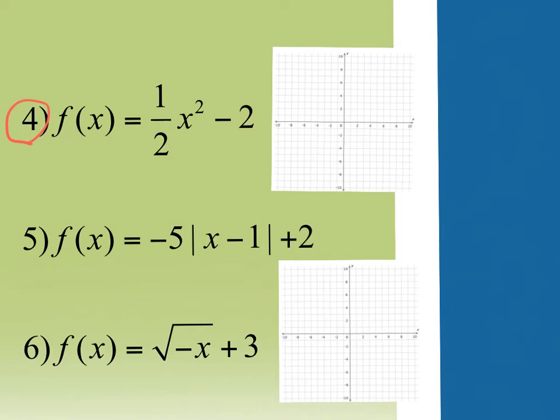This is x squared, which means it's a parabola. The 1/2 means it's going to be wider, or vertically shrunk. And the -2 means down 2. So I'm going to shift it down 2 places, and I'm going to make it wider than normal, okay? And I'm either going to write